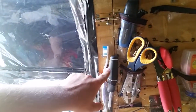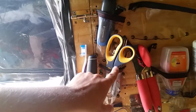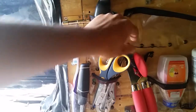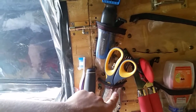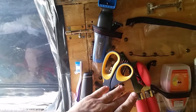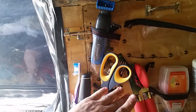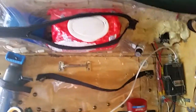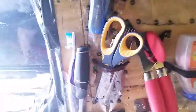Then I have a screwdriver, toothbrush, scissors, some vice grips, a fork, and I'm going to put a spoon in there later. The idea is to use the same fork or spoon each time and clean it off, probably with alcohol, which would be the easiest way. I have an alcohol spray there in the corner, and some napkins up there. Maybe using the Will Prowse method of cleaning dishes. Anyway, a can opener,